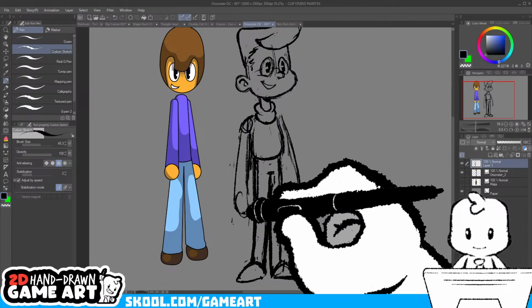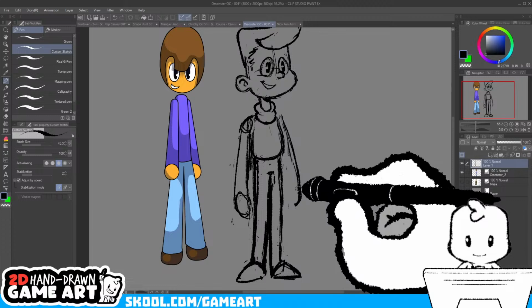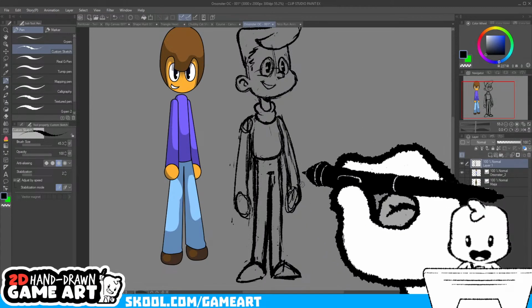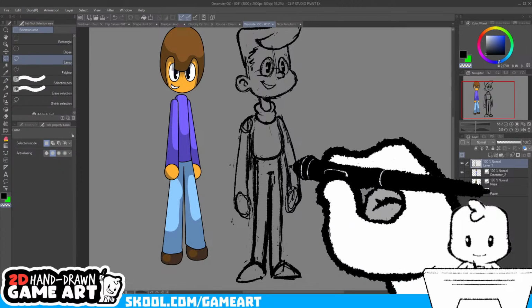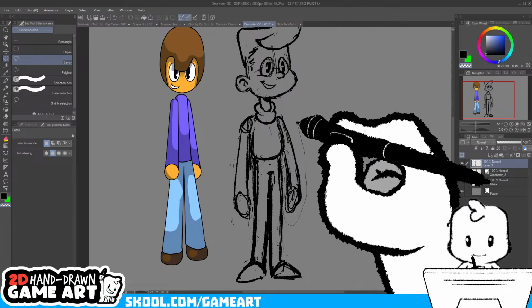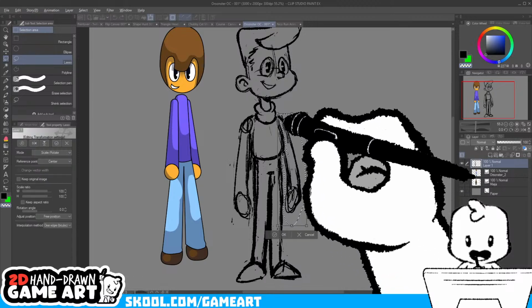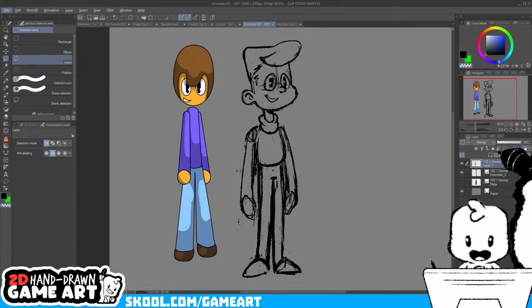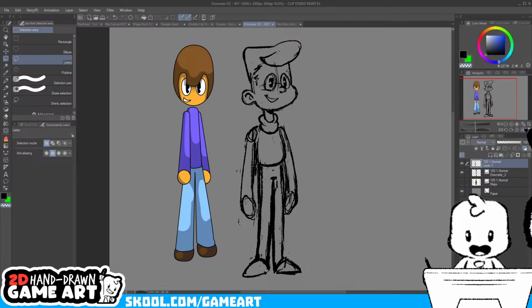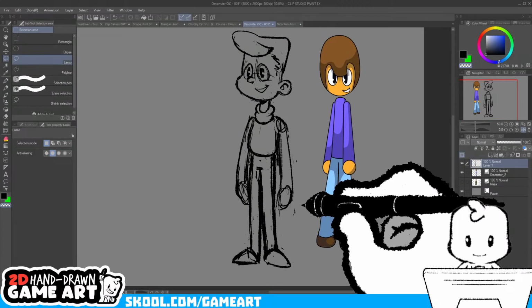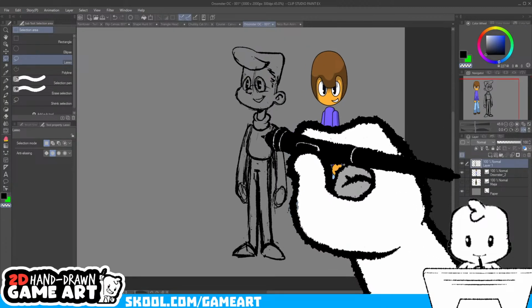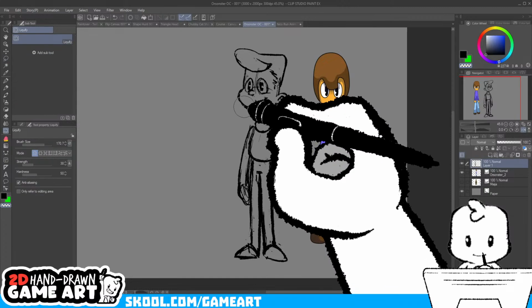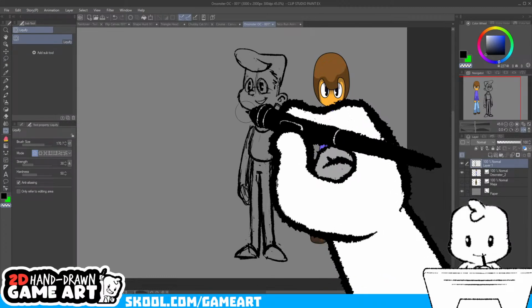So at this stage, I'm pretty happy with the proportions and the general vibe of this character. This arm is too far out. I can tell that already. But what I want to do at this stage is flip my canvas and make sure that I don't have any crazy big proportion issues or something I'm missing. So right here, this is why we flip our canvas, because this face looked okay to me up until just now. So I want to change this.